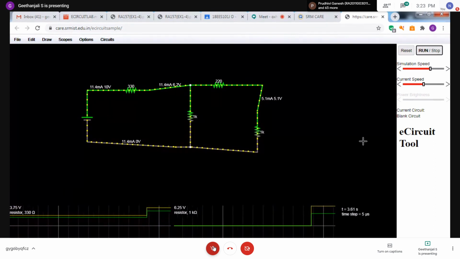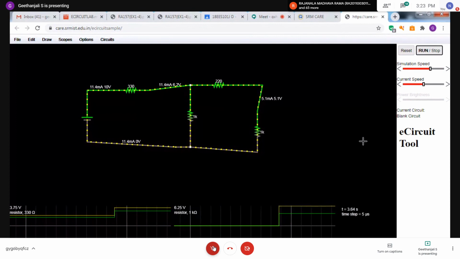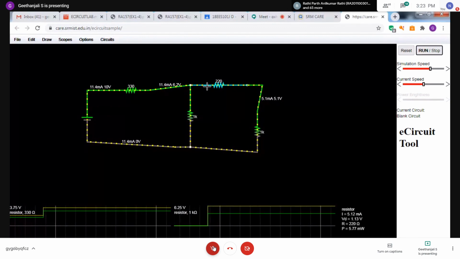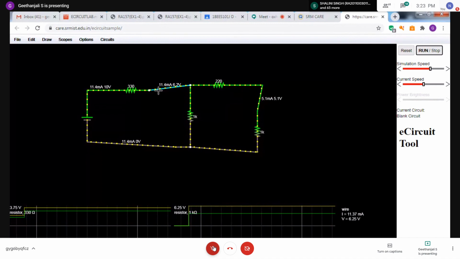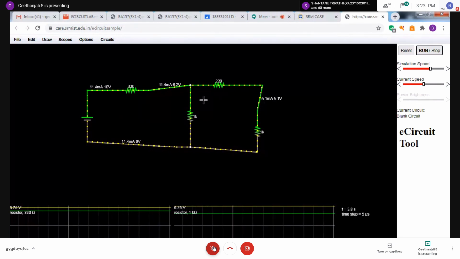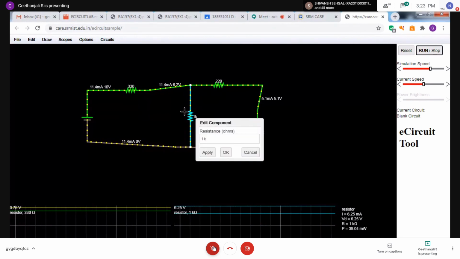See, listen, all of you. What is KCL? Anybody who tells the answer, that person only got my point. We made everything. So this is the node, and we have to check the KCL here. Entering current is equal to leaving current. All of you check how much is the entering current? 11.4 milliampere. What are the leaving currents? 5.1. Then here, what is the current? I want to see the current, so double click. 6.3. Right.